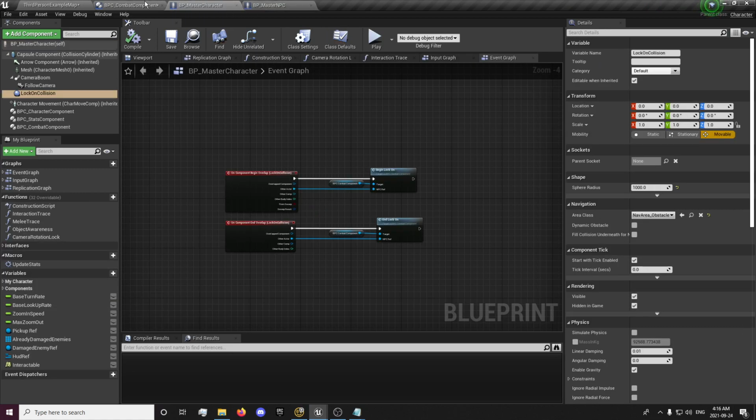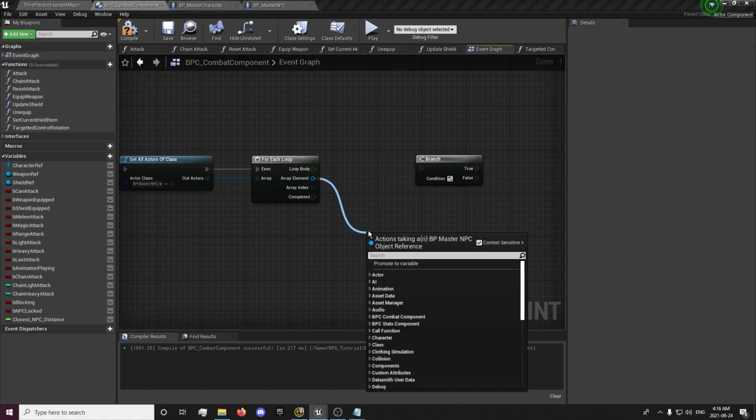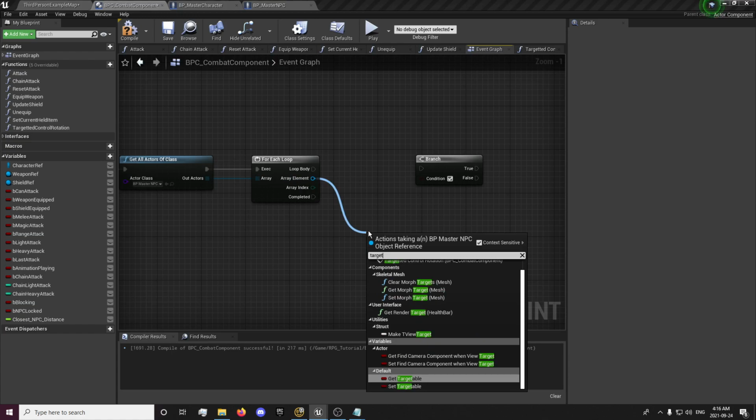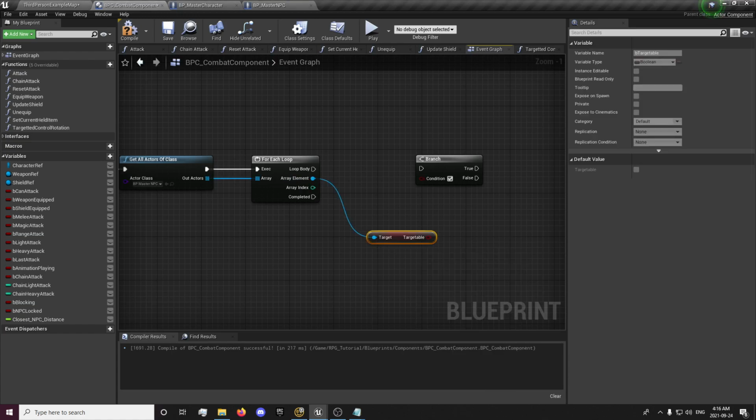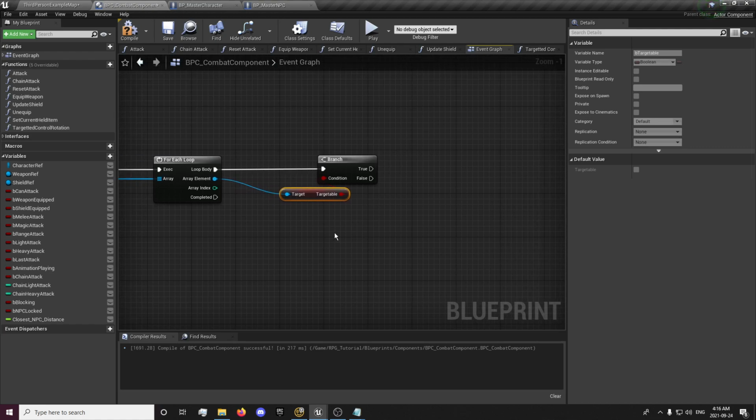Yeah, we have the variable created already. Just gonna drag out target, get targetable. And we're gonna loop through our AI, and if they are targetable,